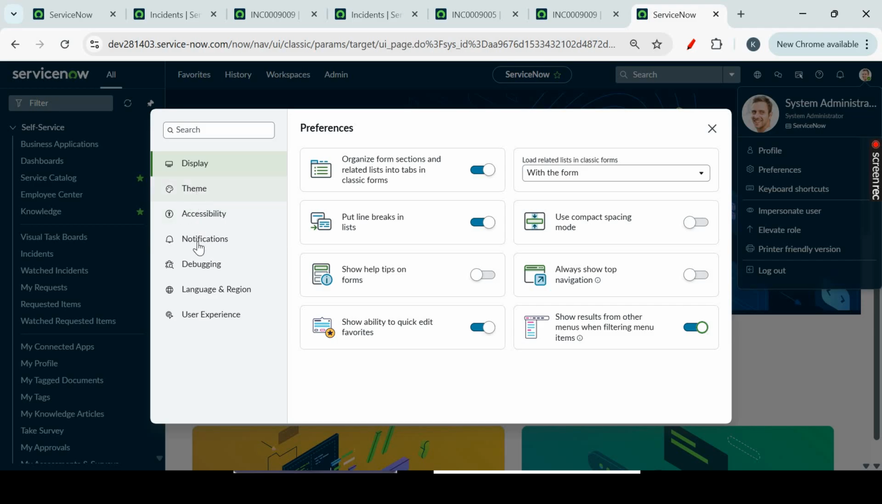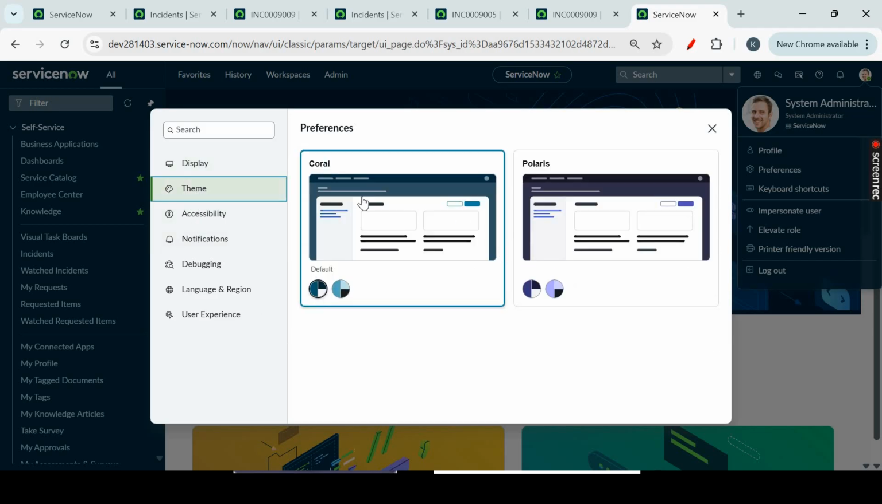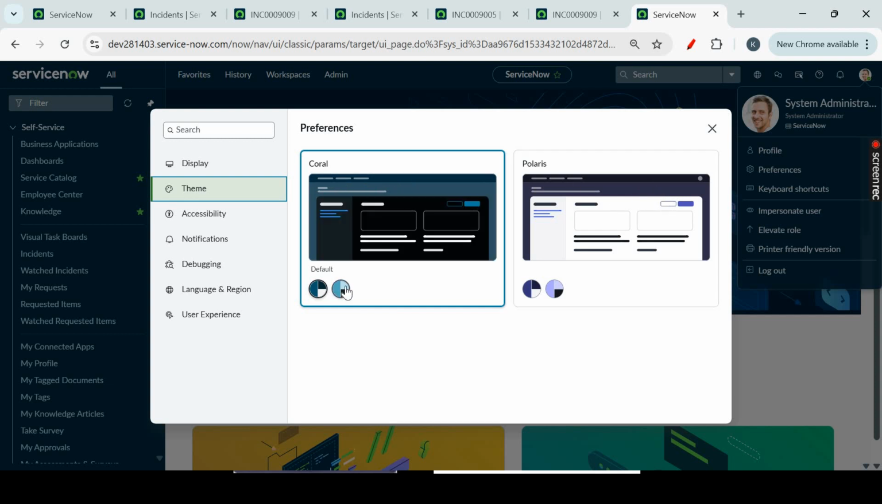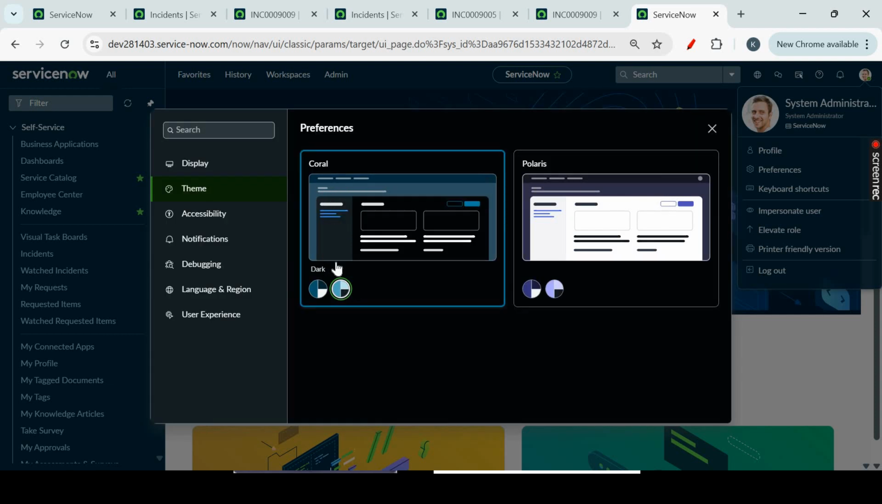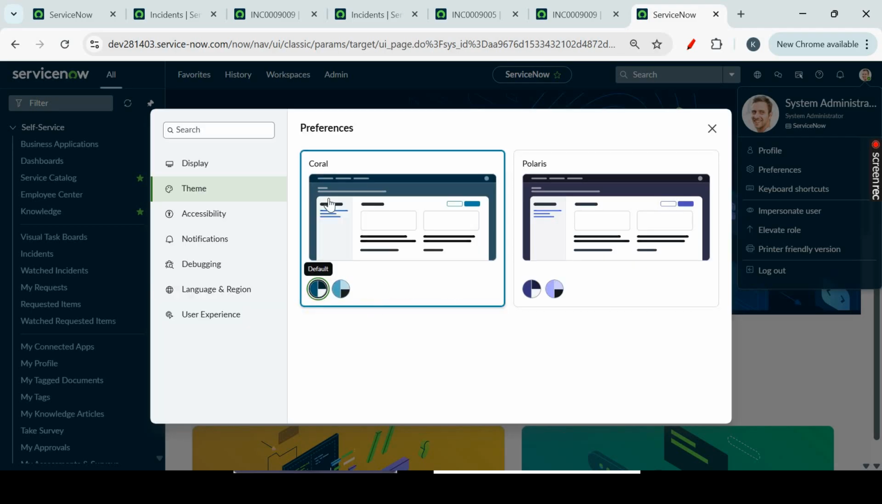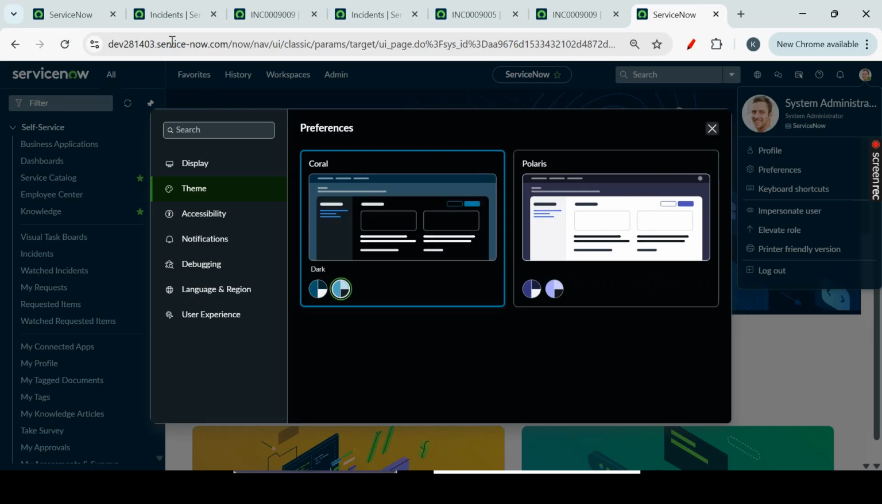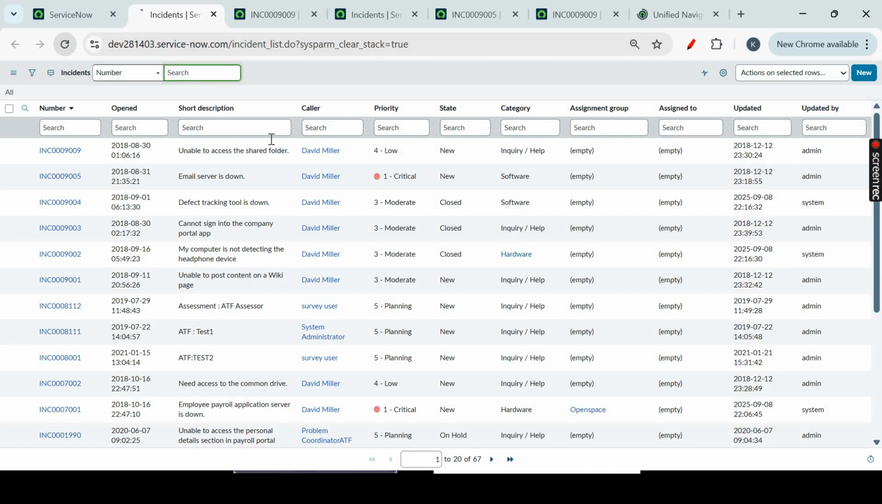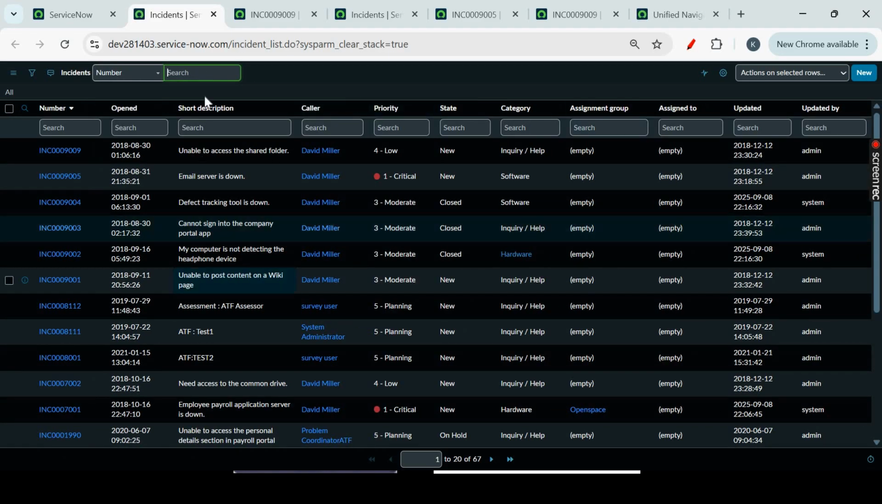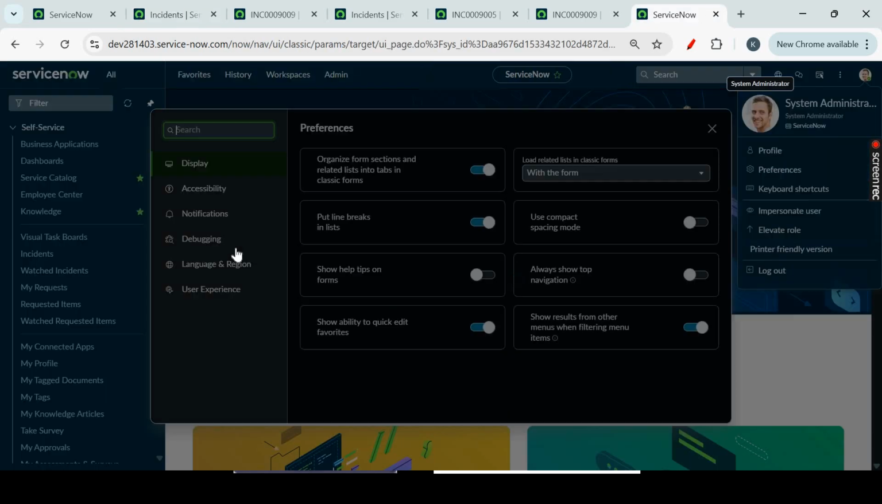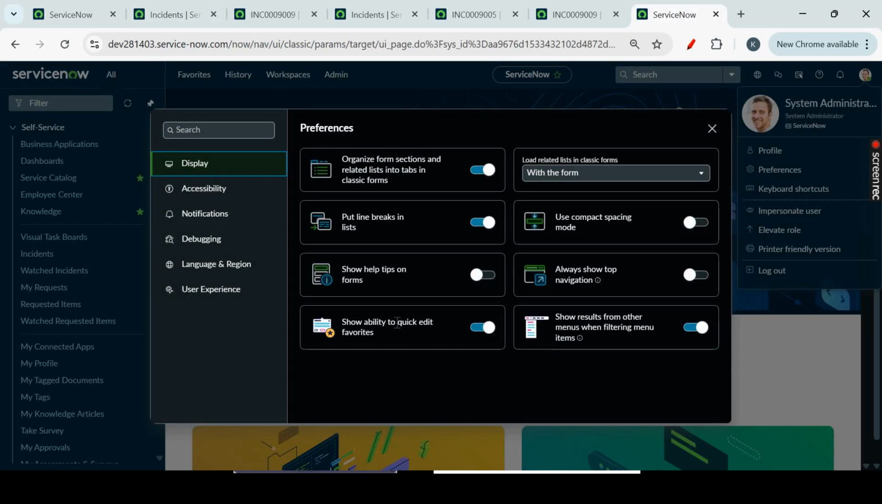And let's go to the next part, which is theme. There are different themes. Polaris is already there, and Coral was not there in the system before. In Coral only, there is dark. Currently the Coral default is there. If I select dark and reload the whole form, everything will be converted into dark mode, if you see here. And if you want to change the display from